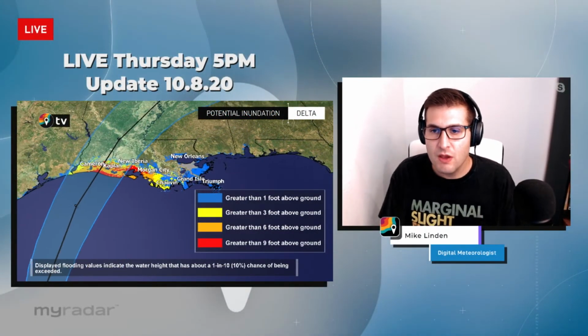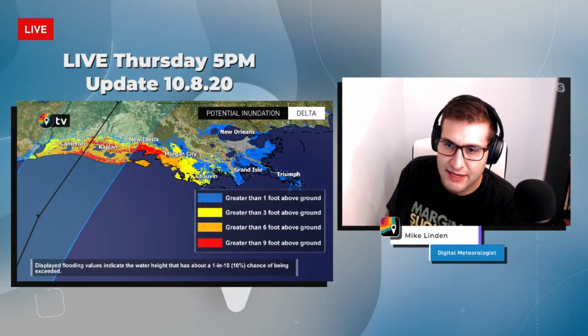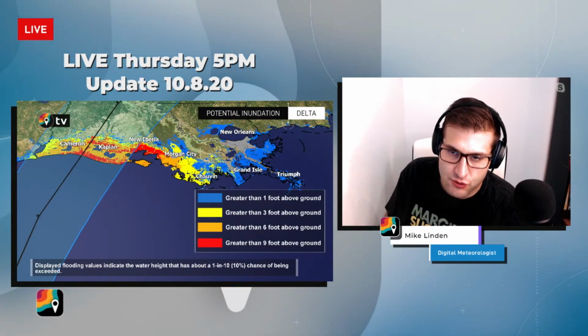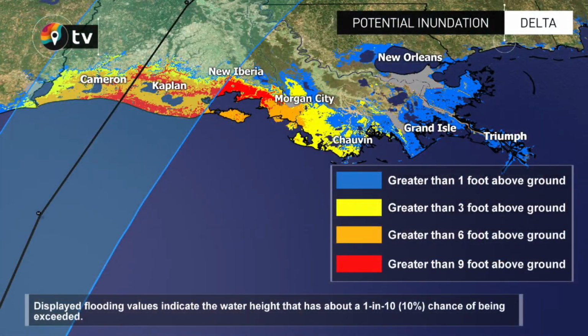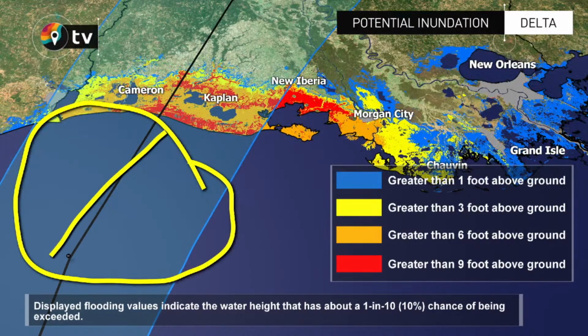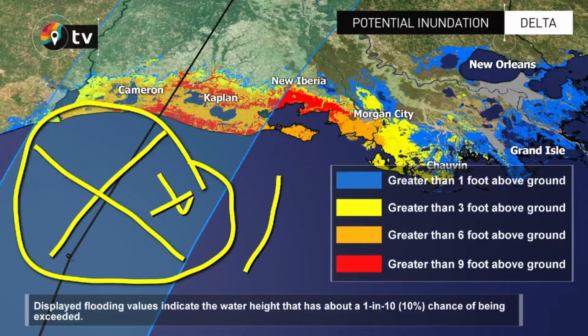There it is. Okay, so if we look at the forecasts here, the storm surge inundation is the color beneath the track. But notice where we are finding, as we just talked about, right? When you look at where the right front quadrant of that hurricane is going to be, in this case, Hurricane Delta, I'll draw it roughly here, right? And we split it into quadrants. Right here, this is the right front quadrant. Look at where we are finding